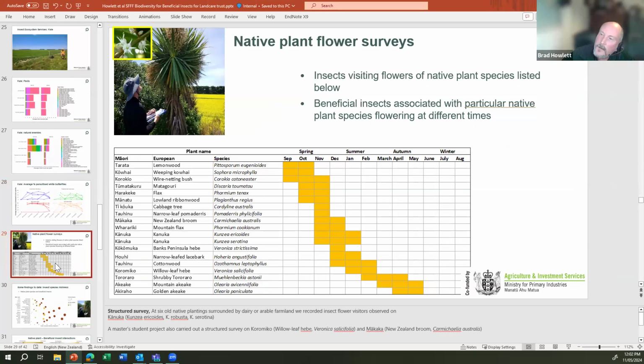Okay, moving to the final part. So we've seen some really positive effects associated with native plantings. But what we want to know is which native plantings we should be planting, and it's going to depend on what you're targeting. So if we can understand what plants are associated with what insects, then there's potential to design that habitat to